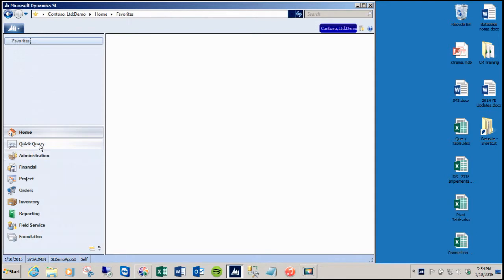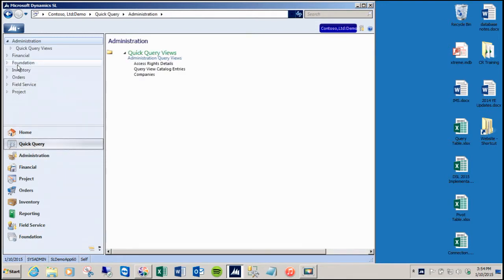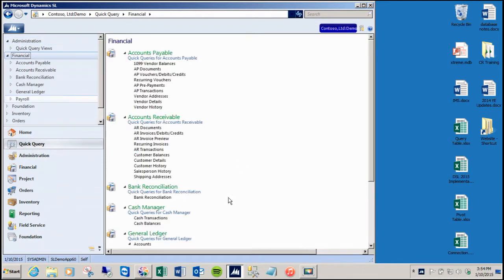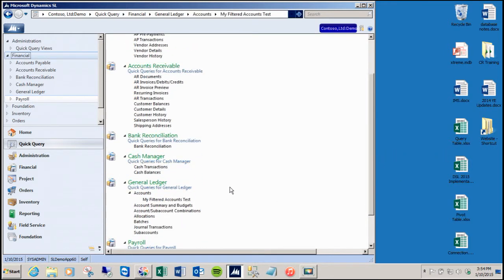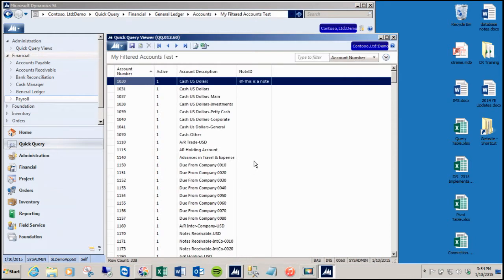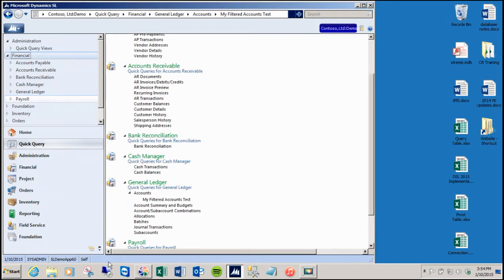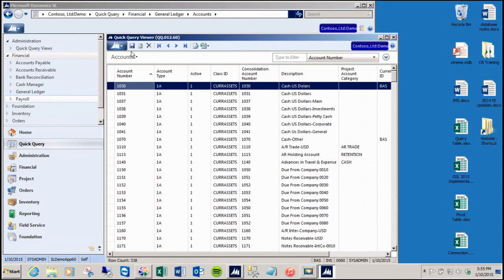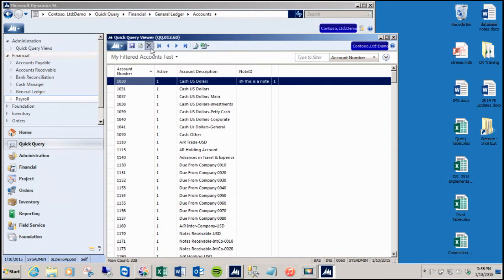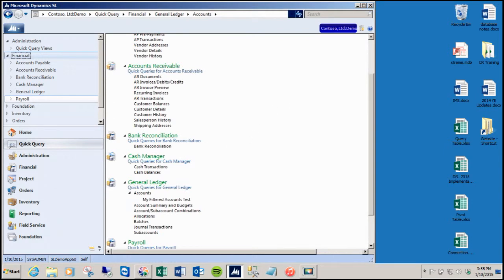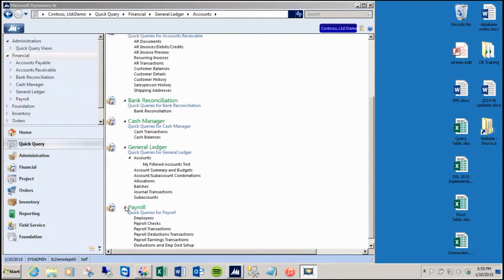Once it completes that, I can go into Quick Query, Financial, Accounts, and you can see now the filtered account list is available right there on the menu. Then I'm going to close this. Now, if I decided I wanted to delete that filtered list, you go up to the top level, scroll down to it, and then the delete button is available for you. Now I'm going to go back into my query here,